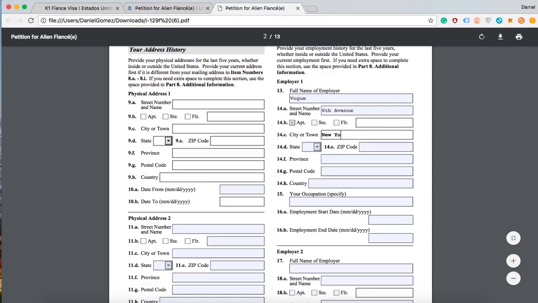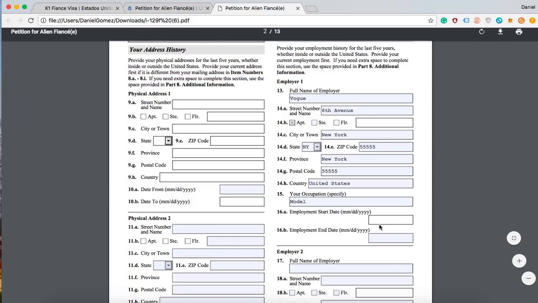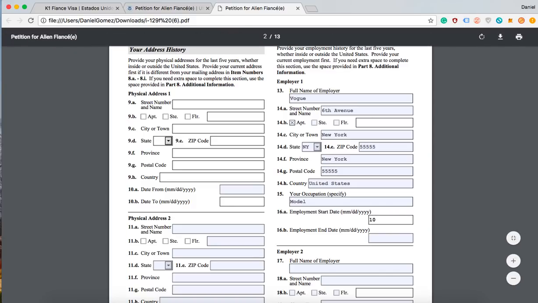City, same again, New York. Zip code, you write it down. Province, New York. Country, United States. Occupation. Motto, whatever you want to write down. And your employment start date and finish. So whatever it is, I'm just going to type random numbers here